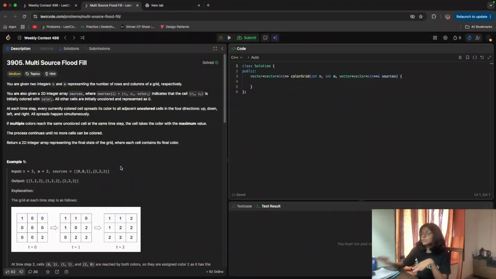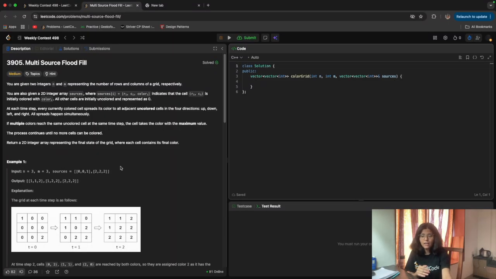So how can we solve it? As it is happening simultaneously, that means it is BFS, because we do that simultaneously. If it were happening for one cell at a time, it would be DFS.